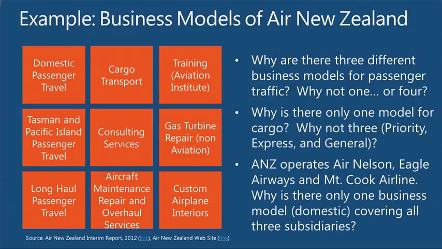You're going to the Air New Zealand site, or you're talking to your travel agent for Air New Zealand, you're not going, oh, I'm definitely only going to fly a particular subsidiary. You're probably not thinking that. You look at the tail of the plane, it doesn't say Mount Cook on it. It says Air New Zealand. So if there's not a distinction in branding, if there's not a distinction in customer area, if there's not a distinction in value proposition, it's one business model. Even if the company itself has structured itself structurally in multiple units to solve the problem.